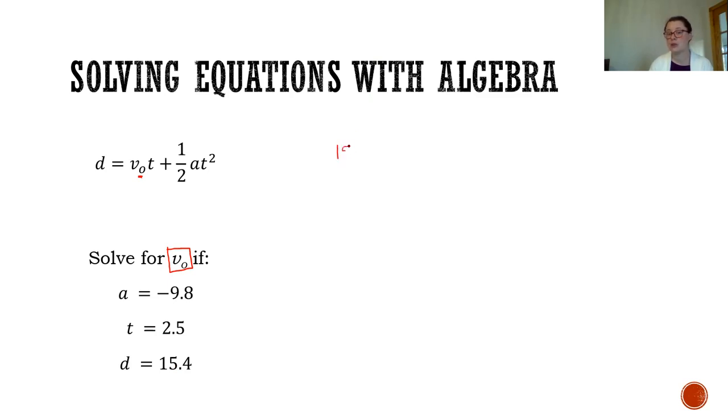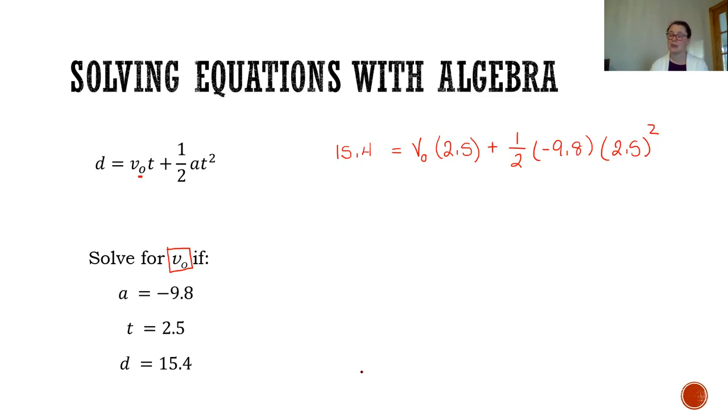So 15.4 is equal to this V0, we're going to leave separate, times T, which is 2.5. We'll notice we're not keeping any letters anymore. We're just putting the numbers where the letters belong, plus 1/2 times negative 9.8 times T squared, which is 2.5